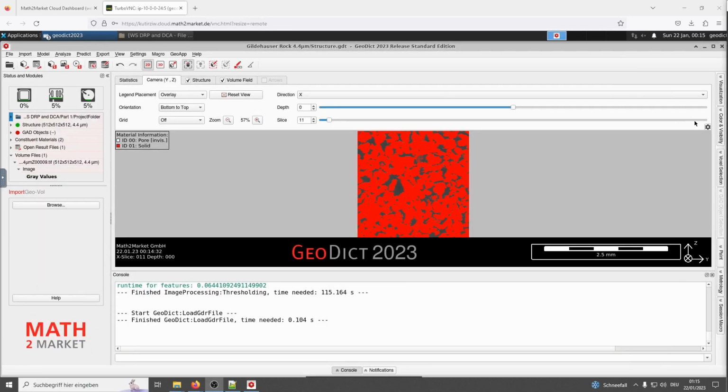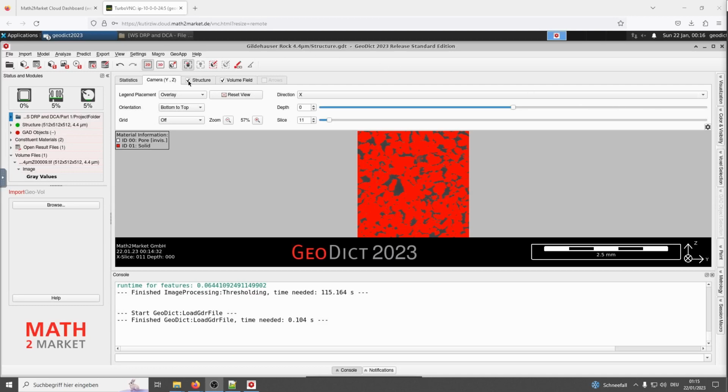What you can see now is a segmented structure in red with invisible white pores, and corresponding volume fields, or gray value image stack in our case. You may check and uncheck structure and volume fields to make them visible or invisible.